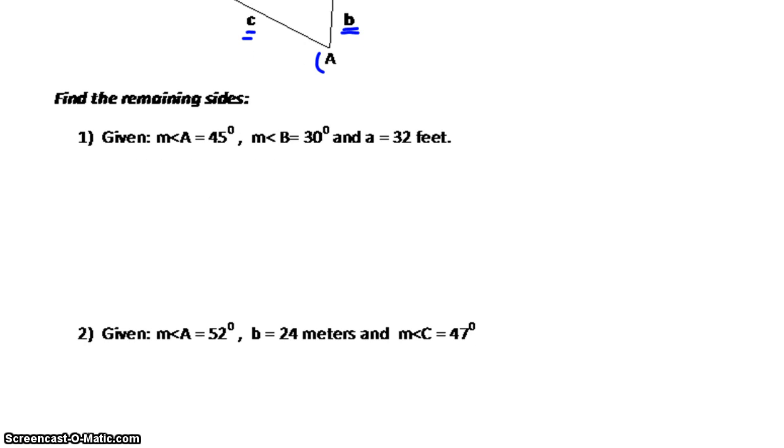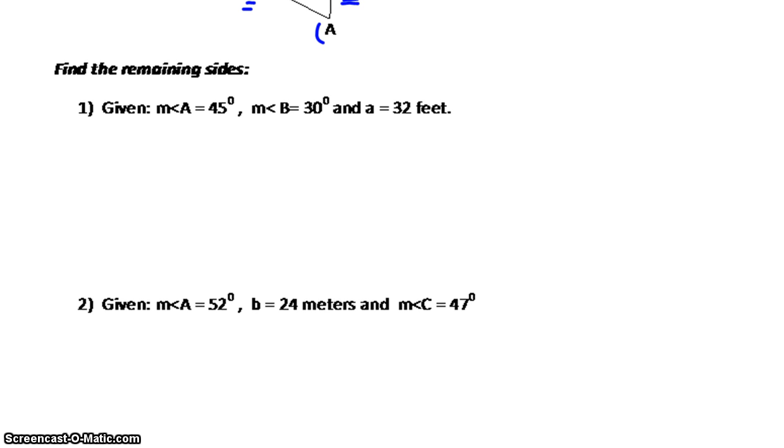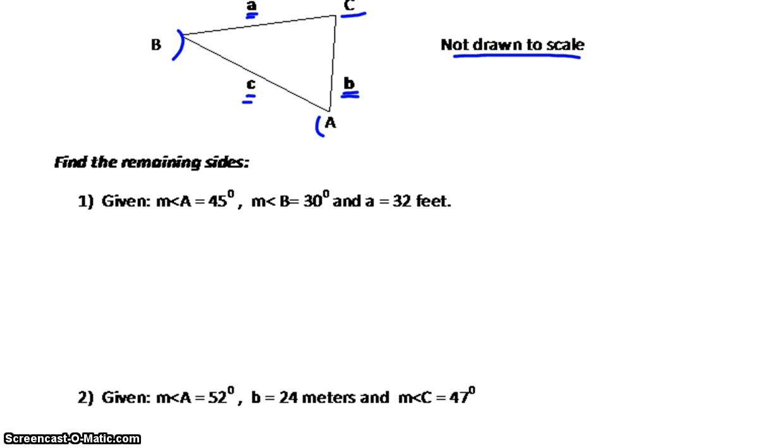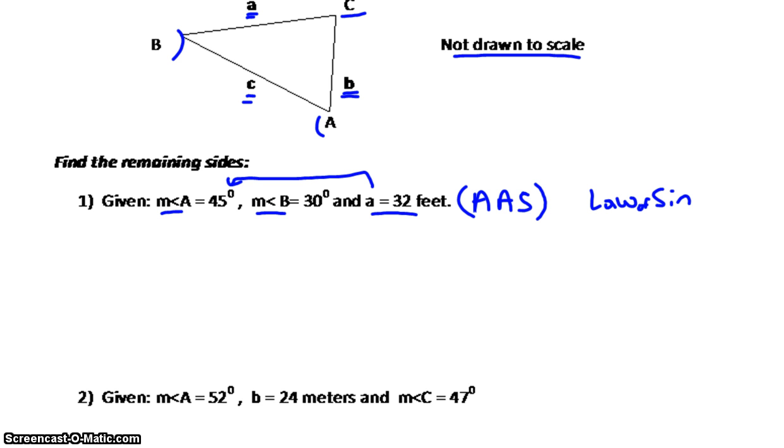So let's look at a few examples here. It says find the remaining sides. What we're given is an angle A, an angle B, and then a side, and that side has to be opposite one of those two. In this case, it is opposite A. So what I have is an angle-angle-side case scenario. Now you might recollect from the last video that that would mean we use the law of sines. So just take a look at your notes and make sure that we're correct on that,